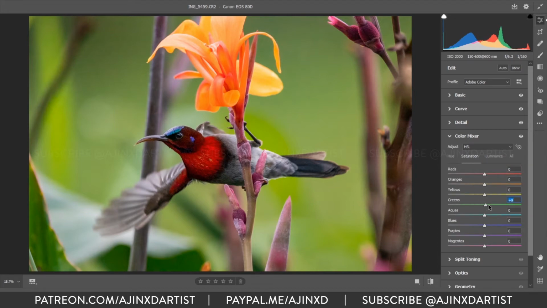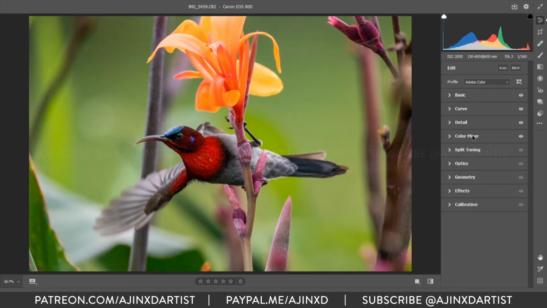Saturation as well, same for the individual colors that we have here. The bird is saturated enough, so that's color mixer for you.